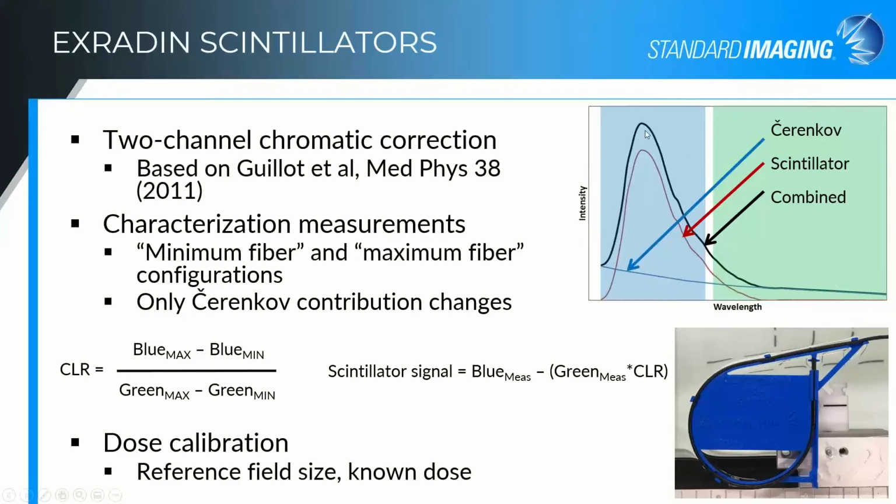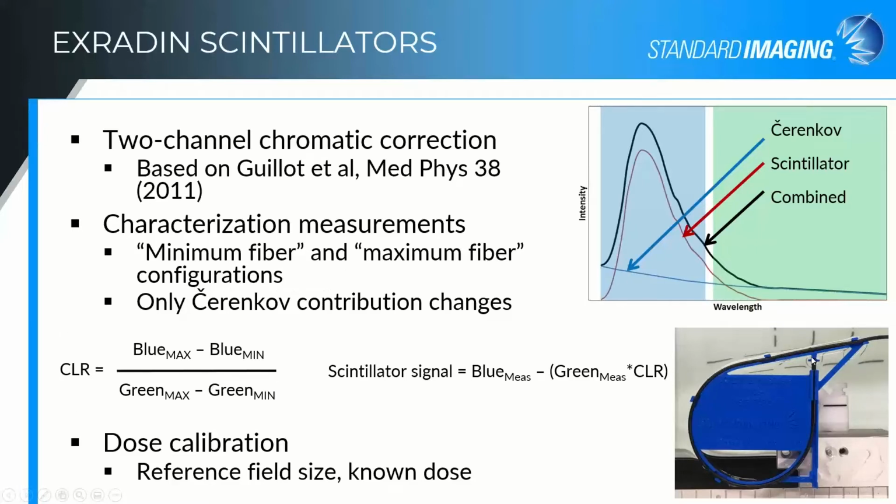We have a blue scintillator, so that would be this lower curve here that would be the typical signal from our scintillator. Cherenkov signal is a broad spectrum light. And so what's measured is a combination, of course, of these two. But if we divide this into a blue portion and a green portion of the spectrum, we can do a set of characterization measurements